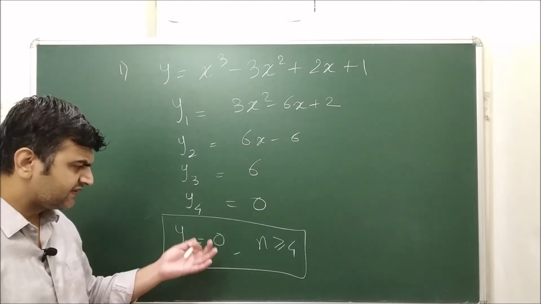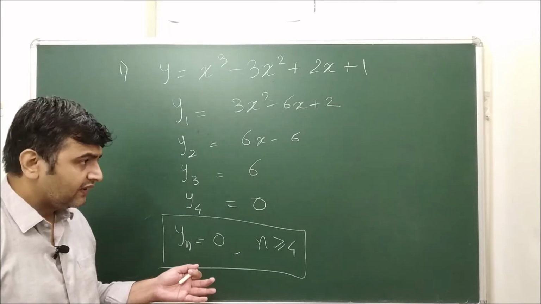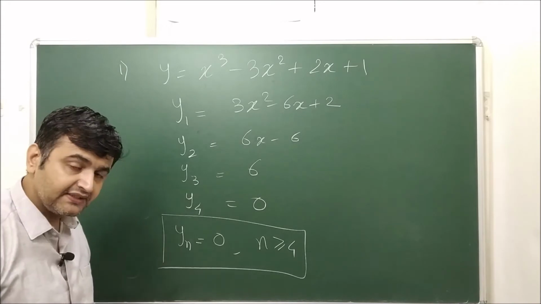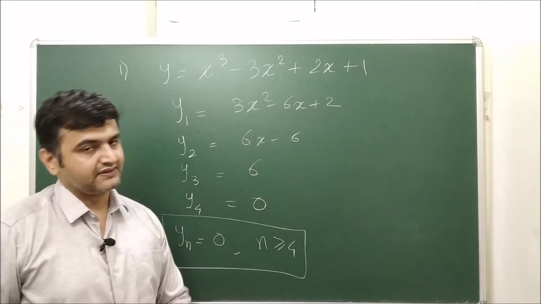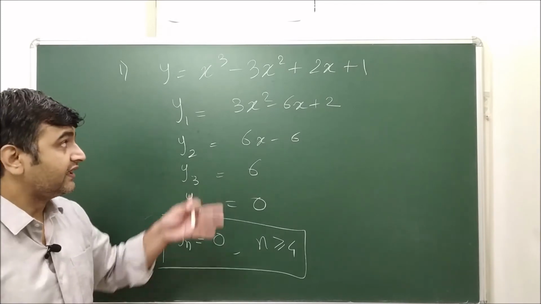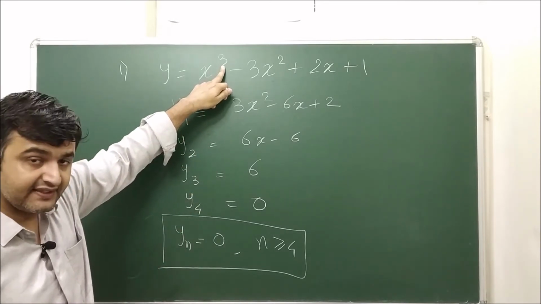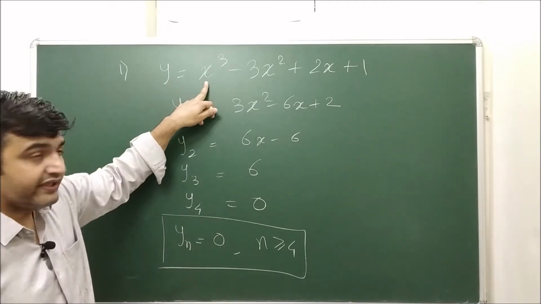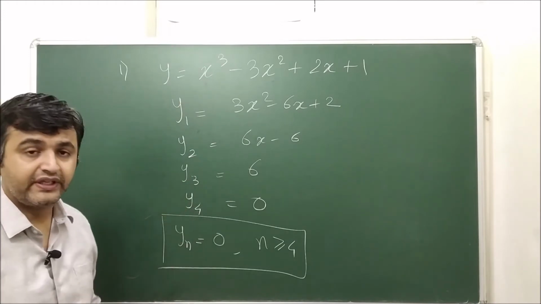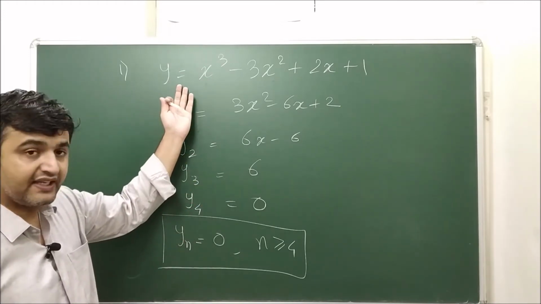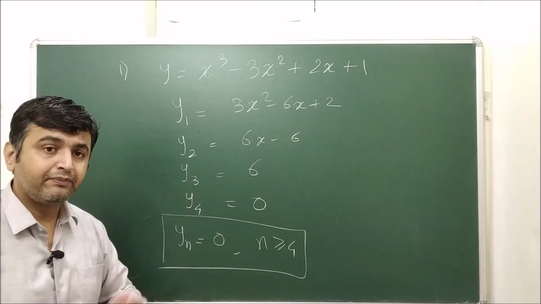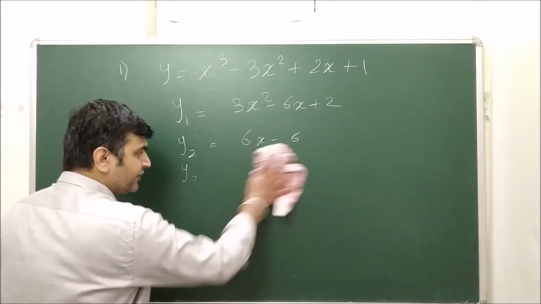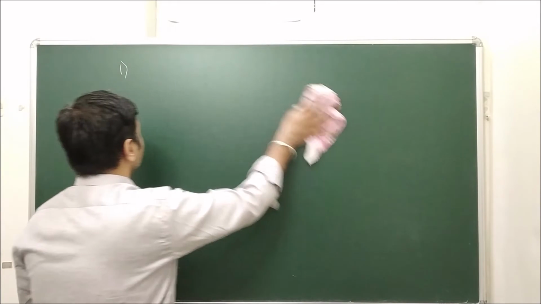Now one can ask, is this always the case? That means for every function, does there exist a stage such that after that stage the derivatives are always 0? The answer is no. For a polynomial it is true that if you have a polynomial of degree 3, as in this case, then from the fourth order derivative onwards everything is 0. If you have a polynomial of degree 100, then from 101 onwards all the derivatives will be 0. So if you have a polynomial of degree n, then any derivative of order n plus 1 or more will always be 0. For polynomials it is true, but this is not always true for other functions.